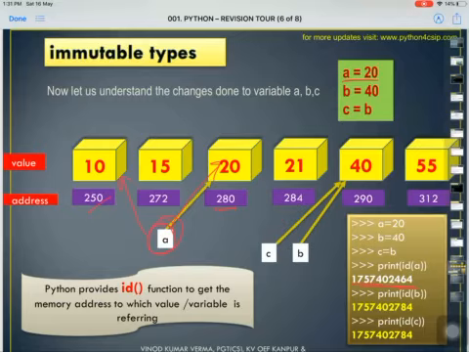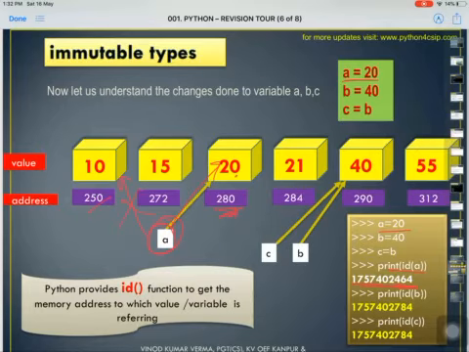Alright, so now this A is no more pointing to 10, it is pointing to 20, so it has a different memory location. Now you see here, if I say A is 20 and if I say print id of A, see it is 2464, earlier it was 2402, something like that.